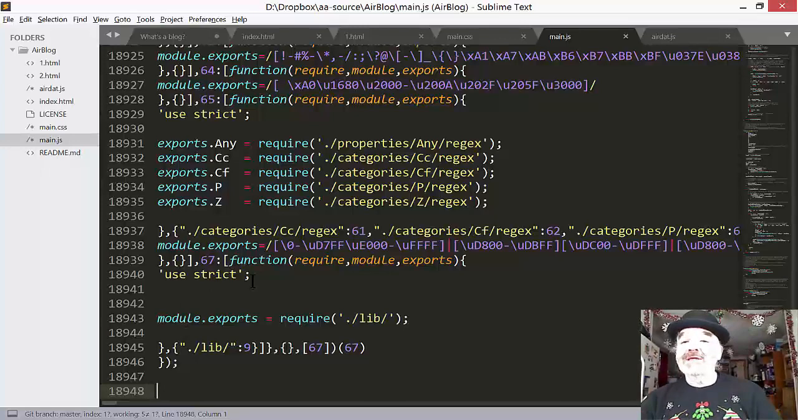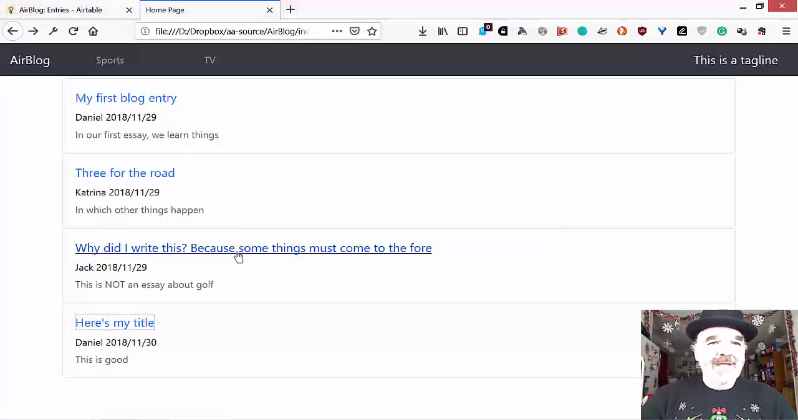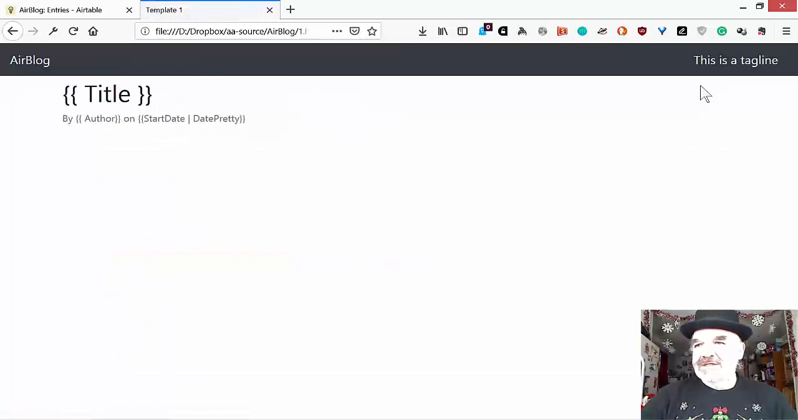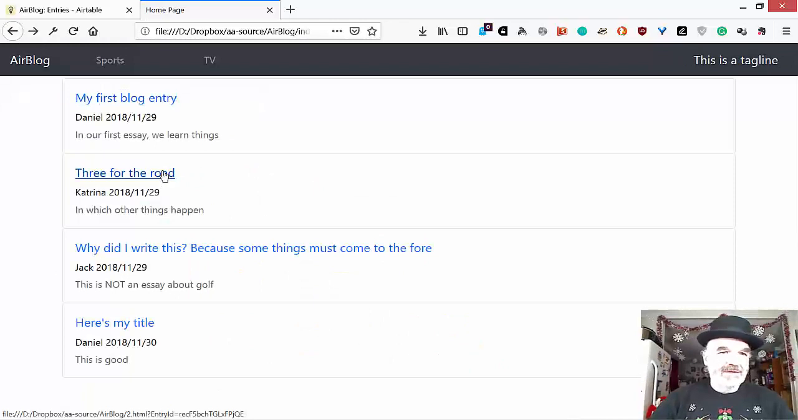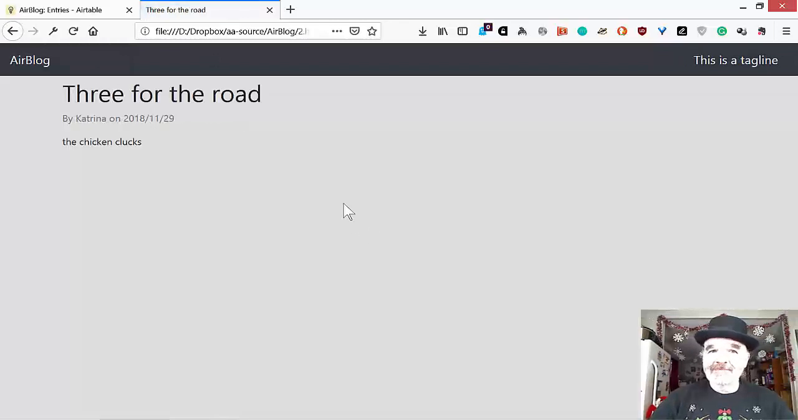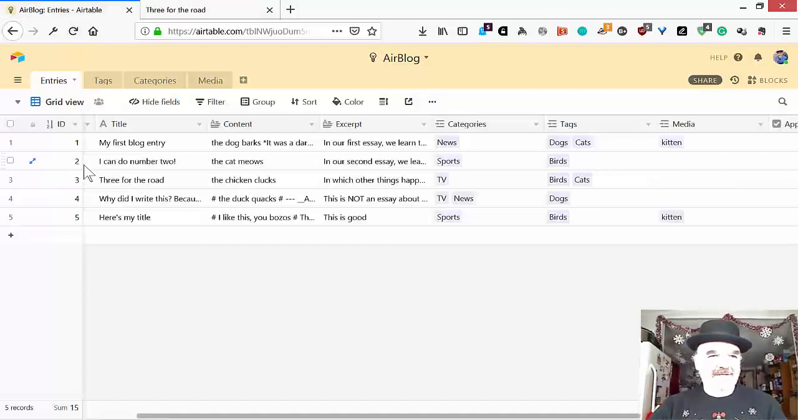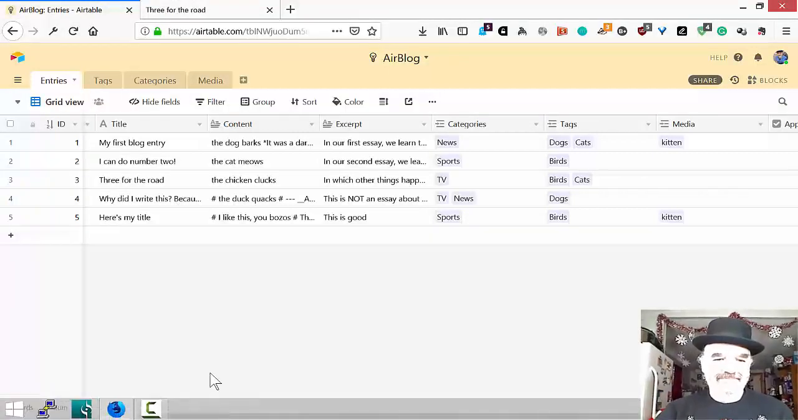Okay, so the one thing I may have forgotten to mention here: when we clicked on my first blog entry, we got the little thing here. It's all very nice, and it's a white background. And then when I clicked on 3 for the road, it is a gray background. So when you're over here in Airtable, I kind of skipped over this when I was entering stuff in, but as I enter new data in,